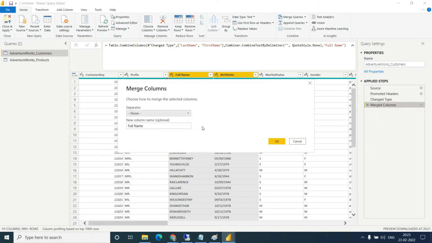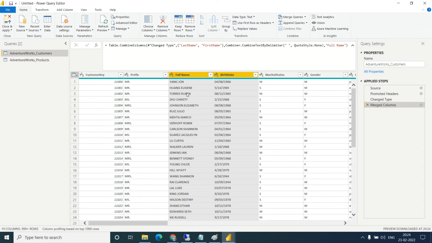Yes, so when we are creating this column, you can edit this step. Just double click on the step and this step will be visible. Then there is a separator option. It is asking whether you want a comma between the first name and last name, or a colon, or an equal sign, or a space. I want a space between the first name and last name. So let's click on OK. You can see we got the space. That is the separator. So this is how we created it. See, in the code also it changed itself.